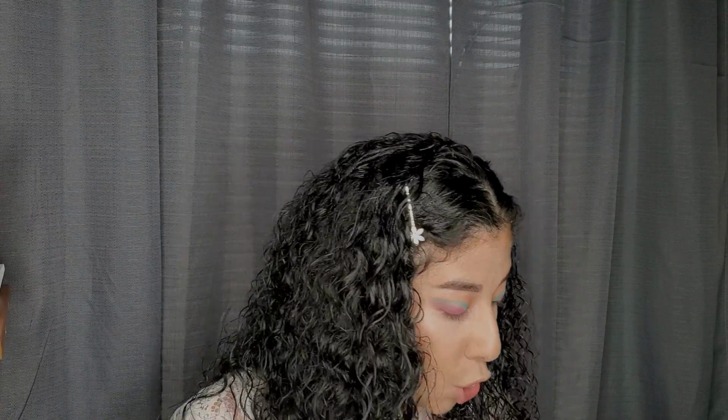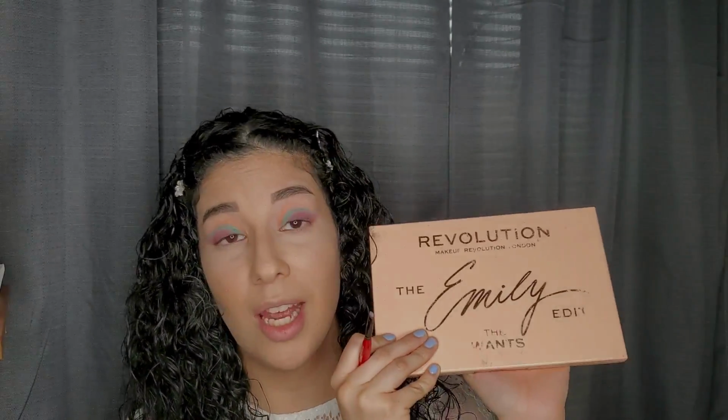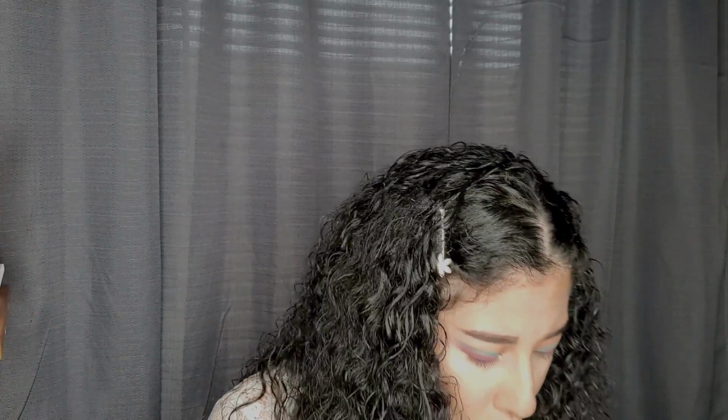I really like this palette. I love the colors. After the colors, there is white as well, so I'll be adding that in my inner corners just to get that pop, like I always tell you guys. I'm gonna be using the Coca-Cola brush, but it looks like this. It's a smaller brush at the tip, and for that white, I'll be using the Revolution, the Emily Edit, and it looks like this. As you guys can see, I use my palettes. I'm still gonna use that same brush to put that white, and the white that I'm using is the cream. Once you're done with the look and you like how pigmented it is...